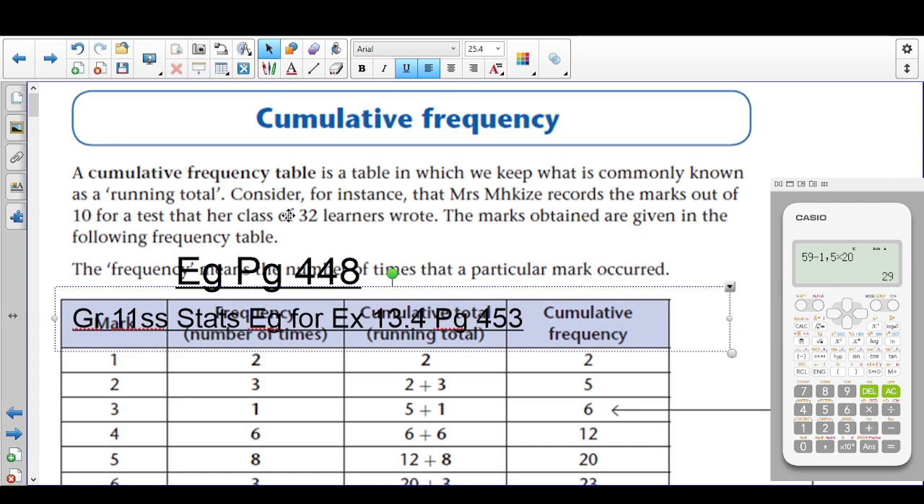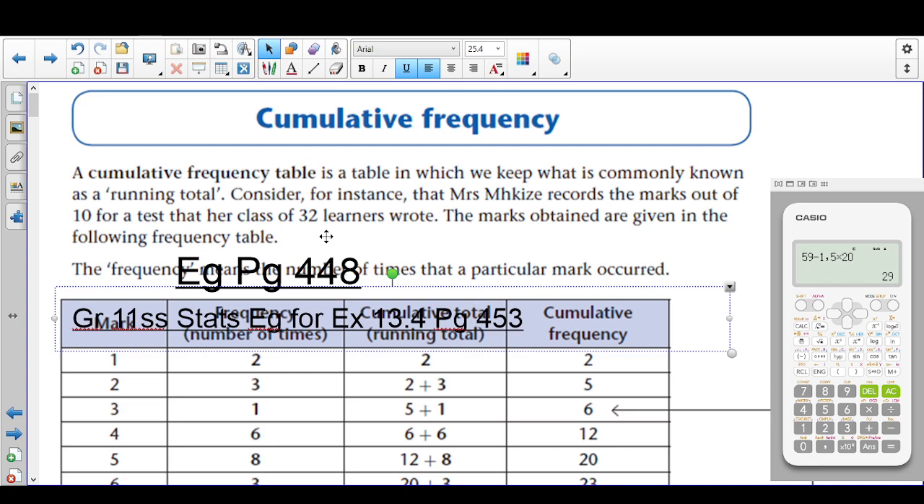Okay. So the cumulative frequency. The cumulative frequency table is a table in which we keep what is commonly known as a running total. Okay, it's a running total. Consider, for instance, that